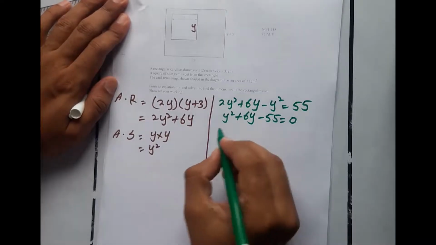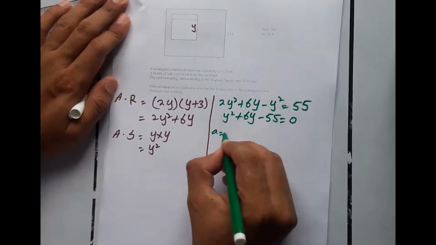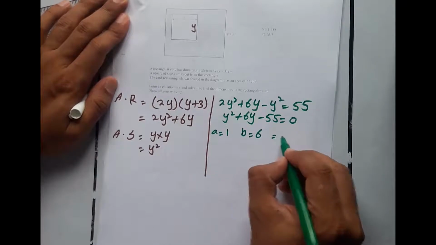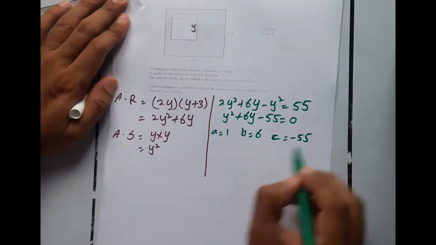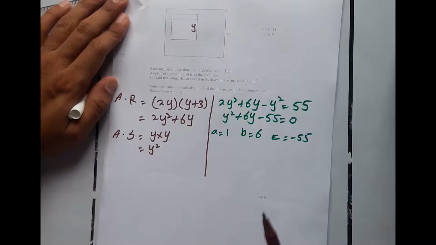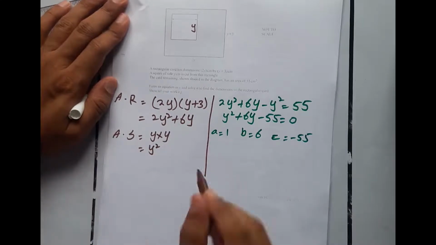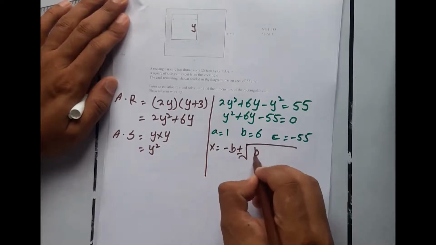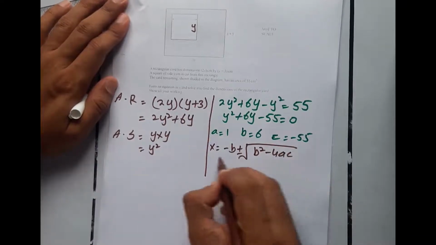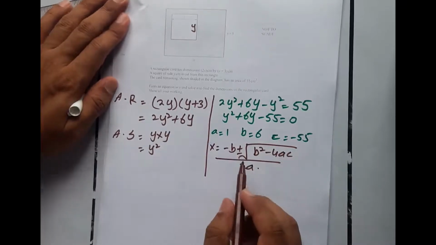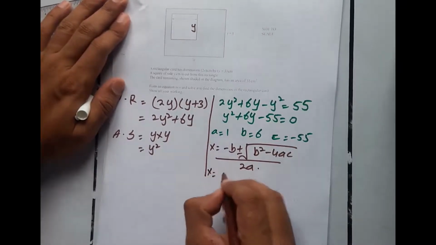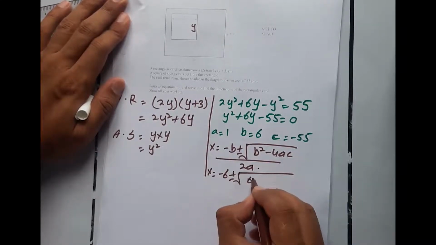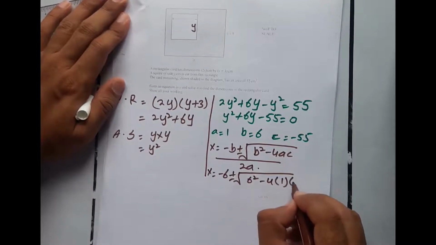So we will use the formula. a is equal to 1, b is equal to 6 and c is equal to negative 55. So use the quadratic formula. So this is equal to minus b plus minus under root b square minus 4ac, whole over 2a. Okay, now we have to put the value of minus b. This will become minus 6 plus minus 6 square minus 4 into a is 1 and c is minus 55